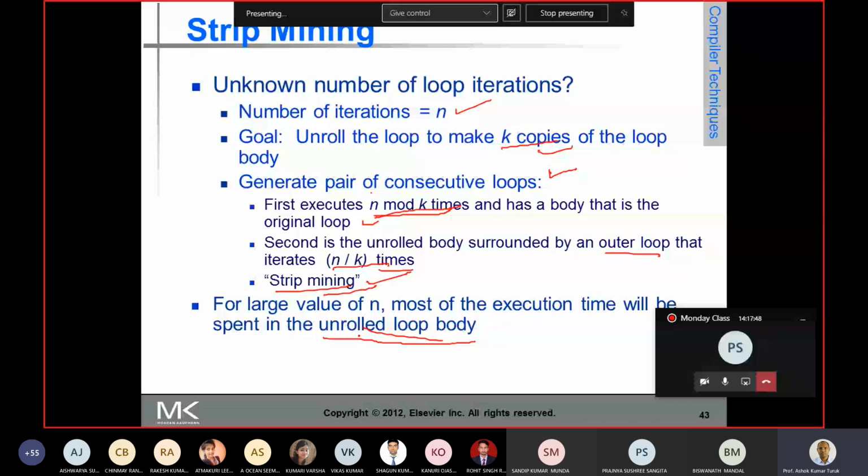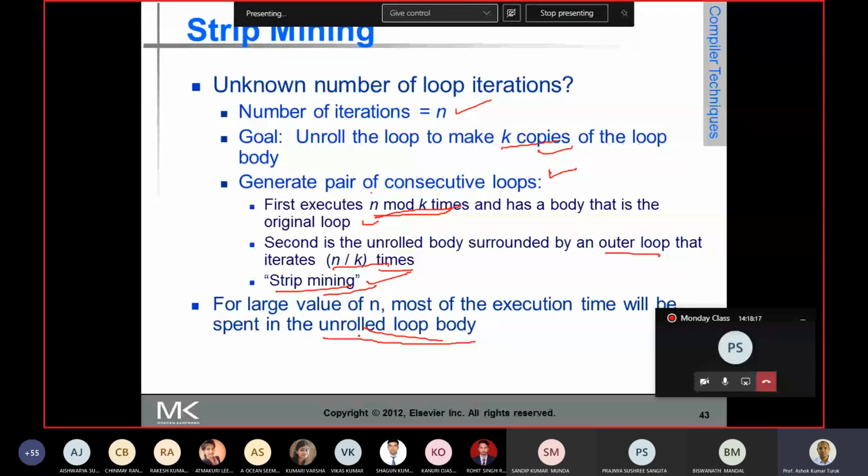it executes the original loop up to n mod k times. Then there is another loop, the unrolled loop, that is unrolled k times. Since the loop is unrolled k times, the intermediate overheads are removed and taken only at the end of the loop, and this loop iterates n by k times.